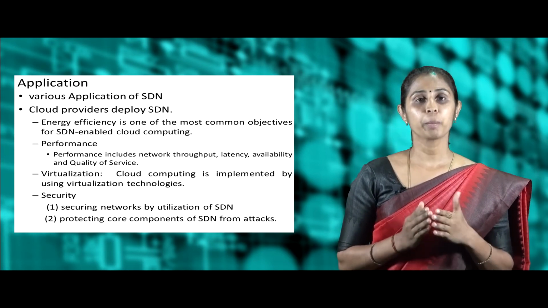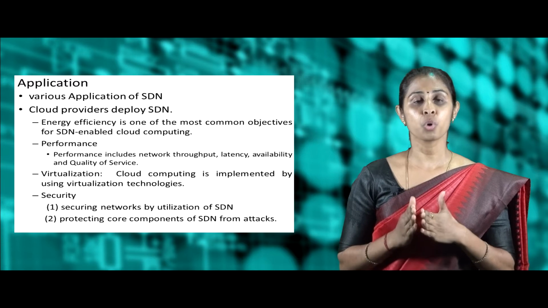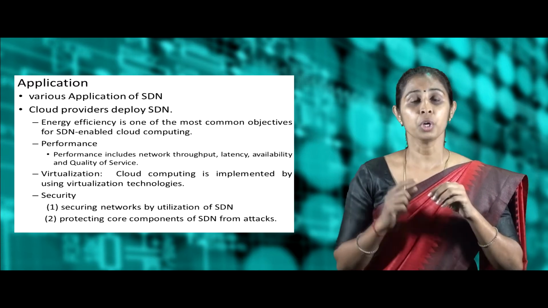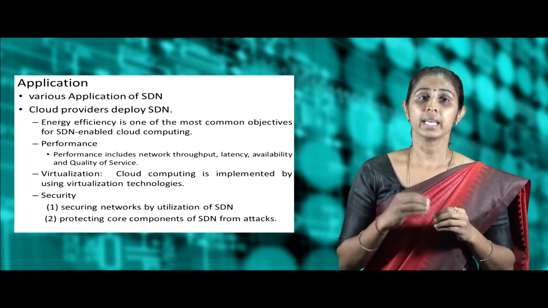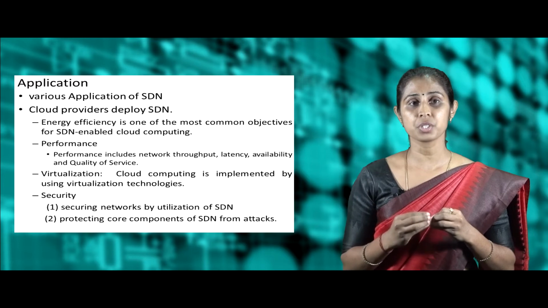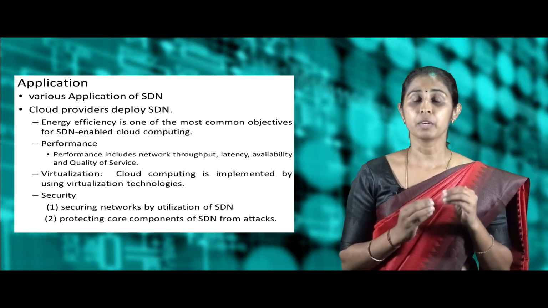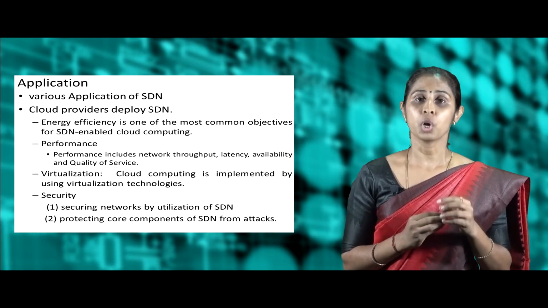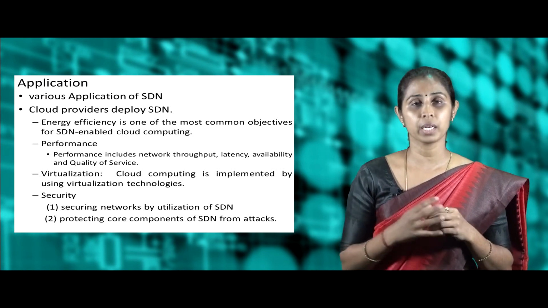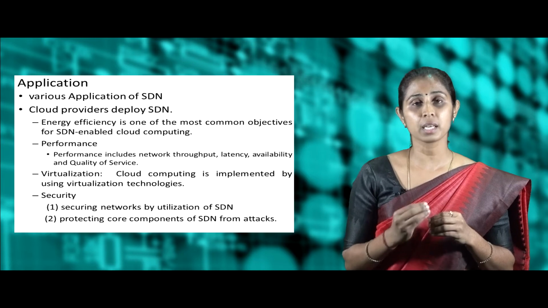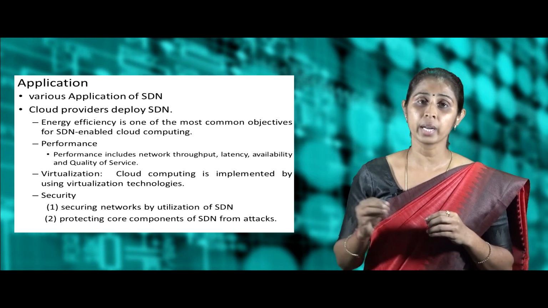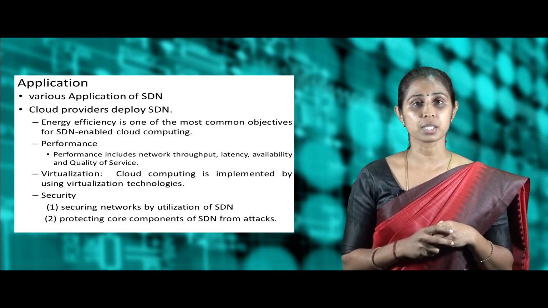Performance can be improved by providing fine-grained control over the entire SDN network. SDN has centralized control to monitor the entire network. It can easily improve network performance, and in case of traffic congestion it may alter the flow path. Network performance includes not only network throughput and latency but also availability and quality of service. To maximize the cloud provider's benefits, host a large number of virtual machines in the cloud data center with limited resources.